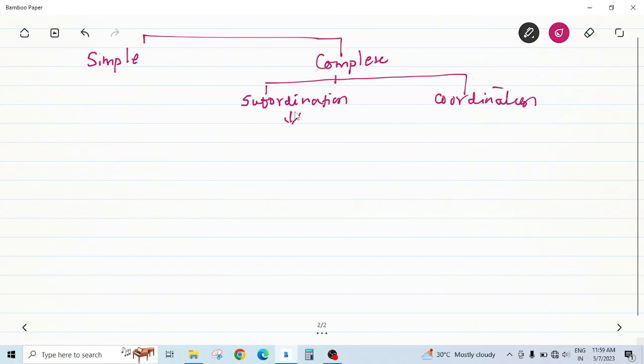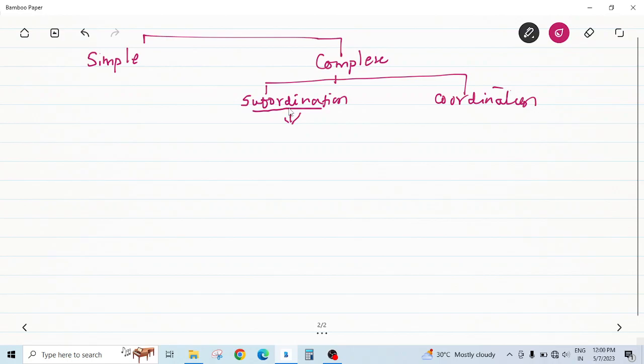Subordination is a process that shows a relation between two clauses. We are going to take examples. But you have already studied that there are subordinate phrases, subordinate clauses. But before we study subordination in detail, let's understand